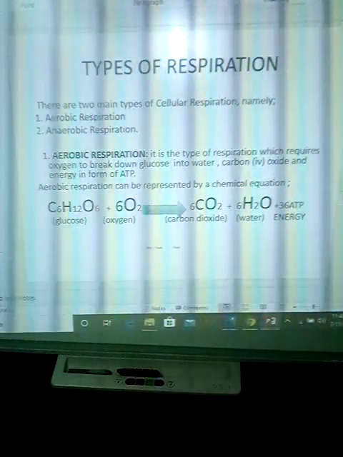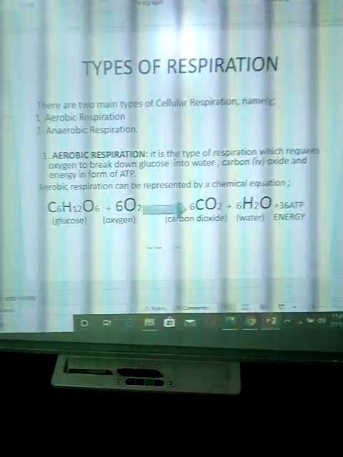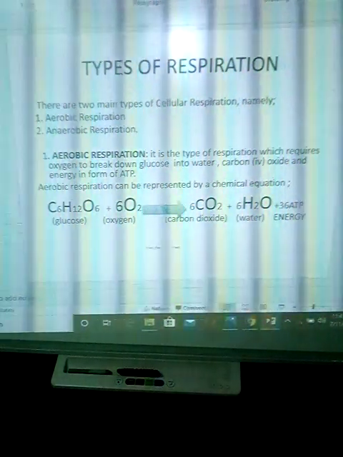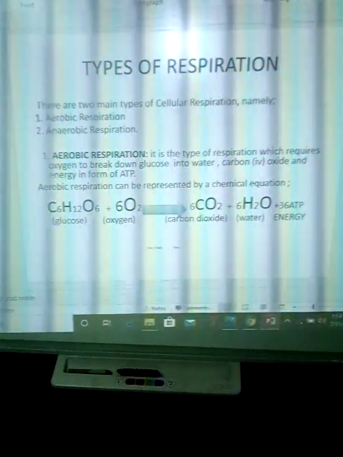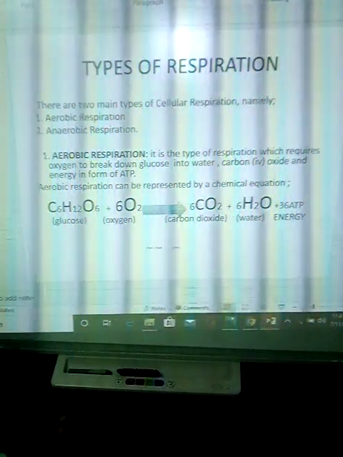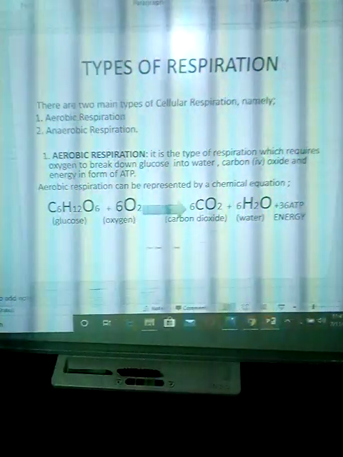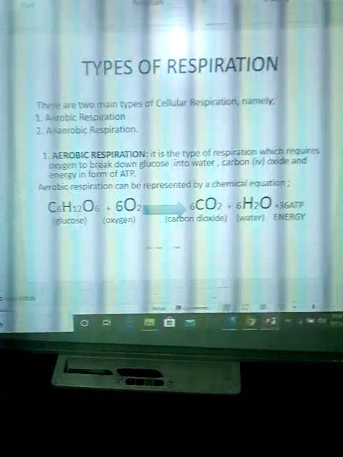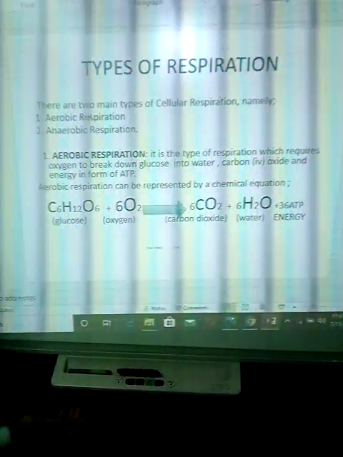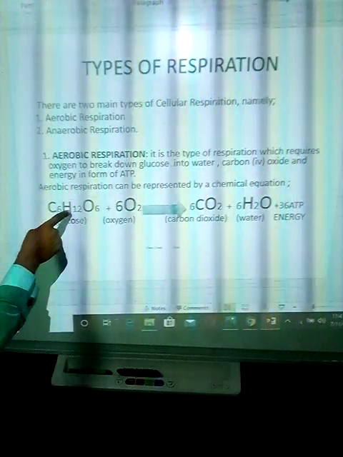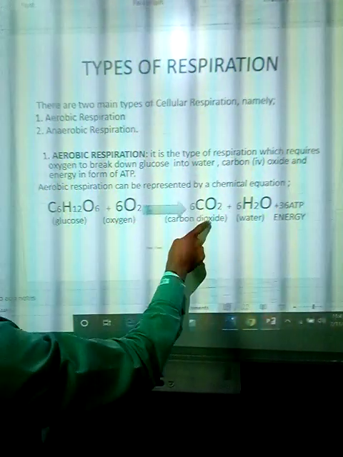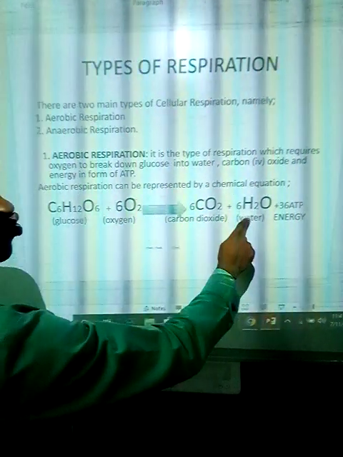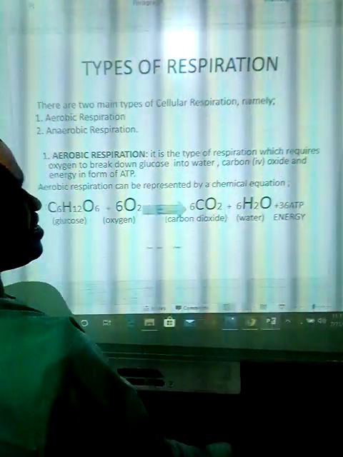There are 2 types of respiration, namely aerobic respiration and anaerobic respiration. Aerobic respiration is the type of respiration which requires oxygen to break down glucose into water, carbon dioxide, and energy, which is in the form of what? ATP. This is the equation: C6H12O6 plus 6O2 to give you 6CO2, carbon dioxide, plus 6H2O, which is water, plus 36 ATP, which is